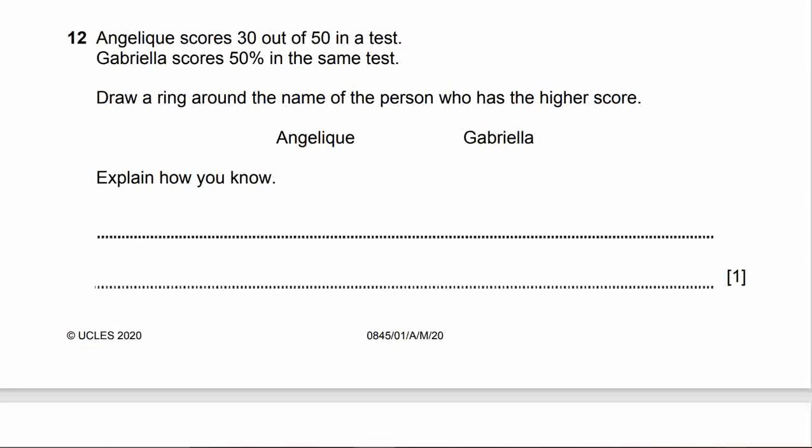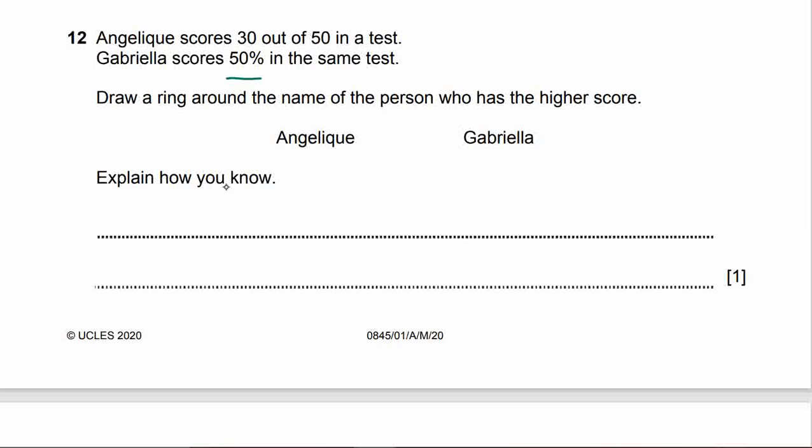Angelique scored 30 out of 50 in a test. Gabriela scored 50% in the same test. Draw a ring around the name of the person who has the higher score. Is it Angelique or Gabriela? Explain how you know. So we want to see that Angelique scored 30 out of 50 while Gabriela scored